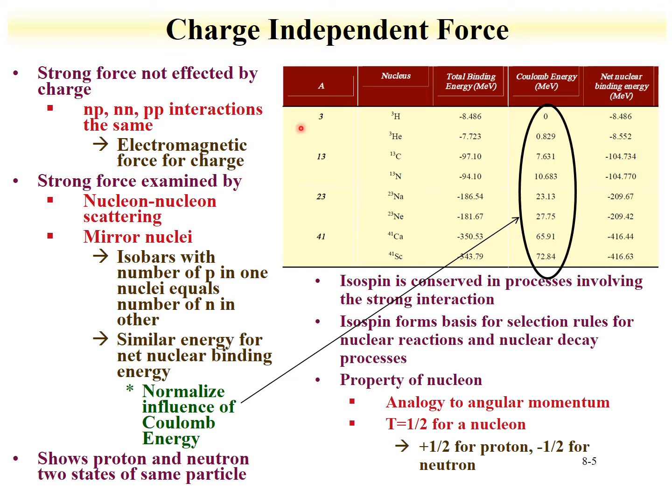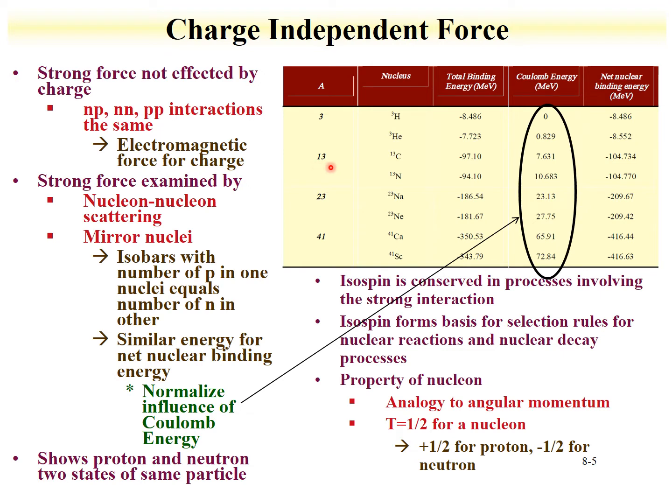As we can see, for something like tritium, there's only one proton, so the Coulomb energy from that would be 0. For the other nuclei, we have Coulomb energies that are calculated based upon the number of protons in the nuclei. And what this shows, if we take the total binding energy and compare it with the Coulomb energy, is that the net nuclear binding energy is very similar based upon the total number of nucleons